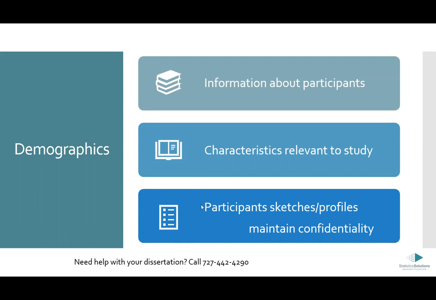Here on the bottom here, I've mentioned participant sketches or profiles. So as you are describing your sample, it's also really important in a qualitative study to make sure that you are obscuring the data in a way that your participant's identity is not going to be given away by the description you've developed. So we do want a really good description, but make sure that you're using pseudonyms, you're using participant IDs when possible, so we're not including the participant names. And if you